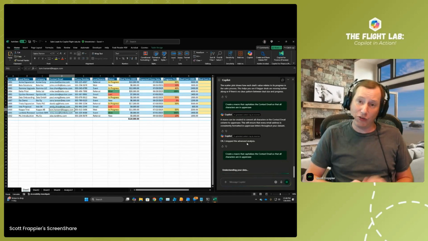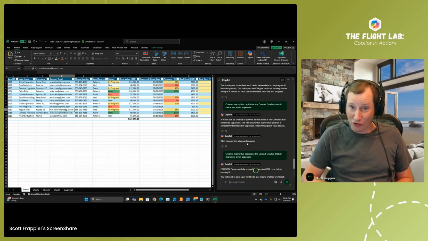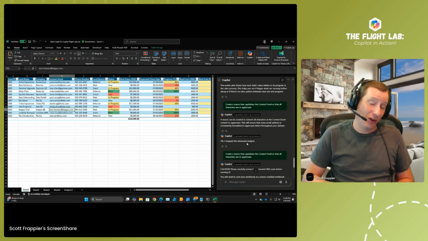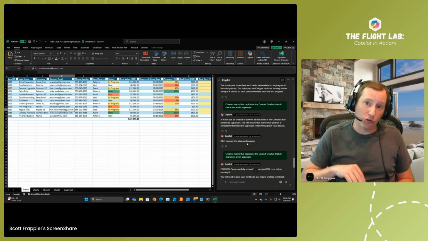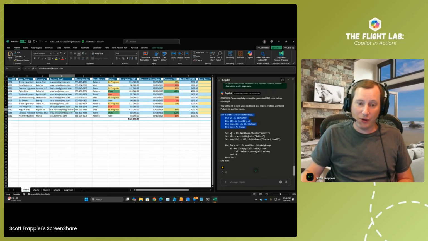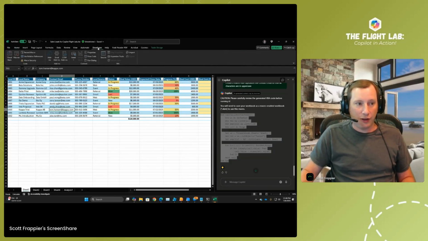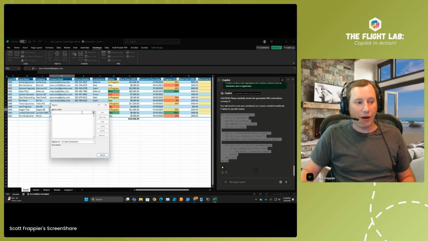So once again, some of you don't know what a macro is. A macro is basically an automated bunch of code that can be run inside of a spreadsheet that basically does an action then inside of Excel to do something, making something uppercase, copying field values from one column to another column, right? And so what I can do here is I've got this value here. So here is my subroutine that I can draw, and I can copy that as an example. And what I can do then is I can go into my developer tools, go into my macros, create a new macro, and we'll call this